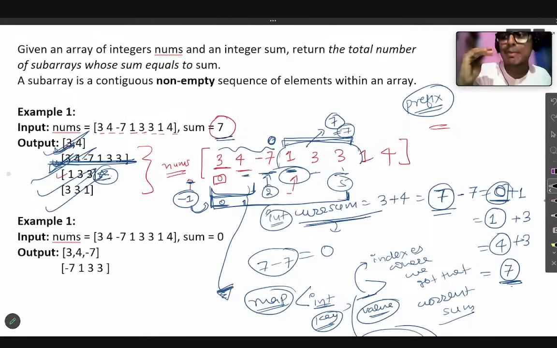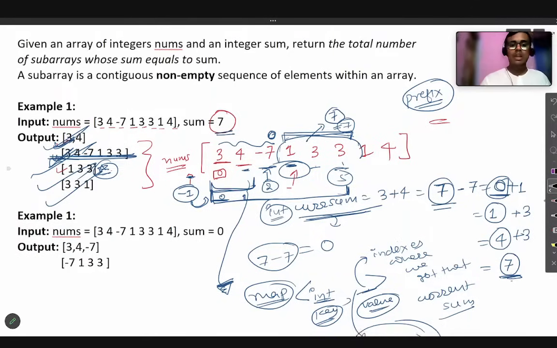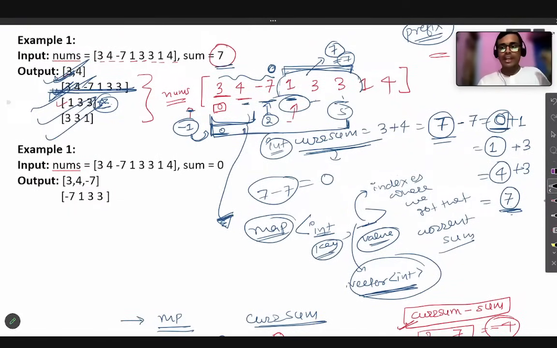Why am I using this map structure? Why have I taken a map along with the current sum? So that I get all the possible subarrays internally present. Because if I had only taken a current sum, as I explained earlier from this example here, you will be able to get this and this, but not this and this. Is this clear with everyone?